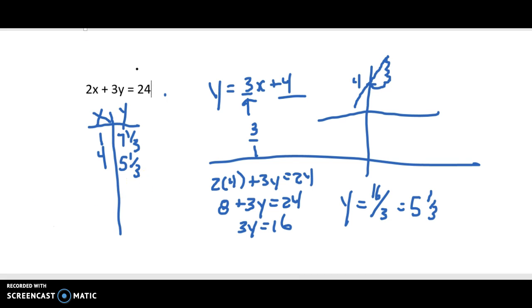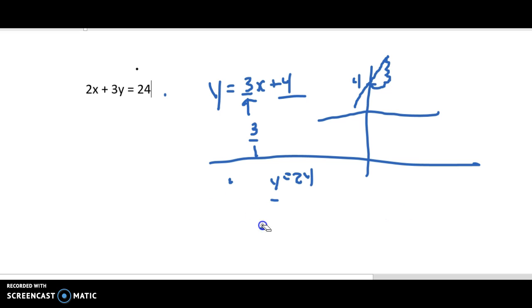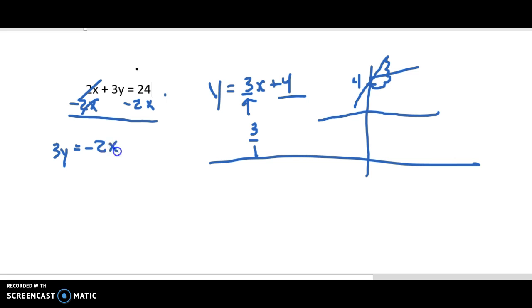The second method is to use the rules of algebra to move the equation around a little bit. I can do anything I want to an equation so long as I do it to both sides. First thing I'm going to do is subtract 2x from both sides, in which case I am left with 3y equals negative 2x plus 24, and I'm going to put it in this form on purpose. Then I'm going to divide everything by 3,